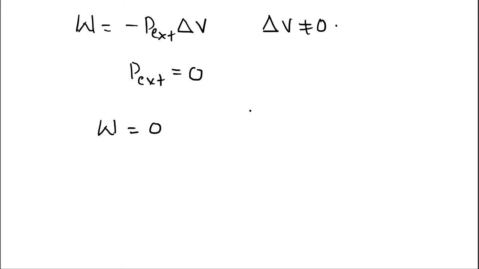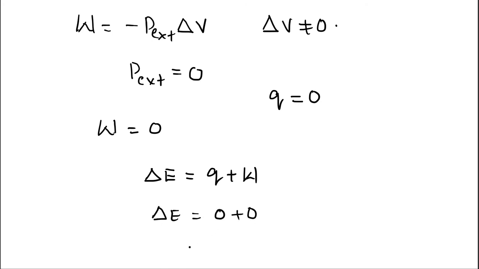And there is no heat lost or no heat gain. Therefore, Q is also 0. Therefore, what is the change in energy here? The first law of thermodynamics, that is delta E equal to Q plus W. Therefore, delta E equal to 0 plus 0. Delta E equal to 0. No change in the internal energy of the gas. So that means we know that dT equal to 0,